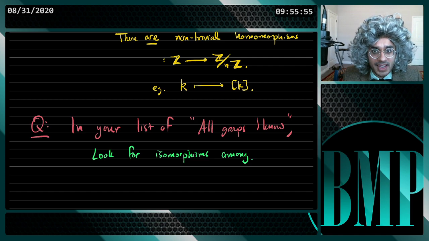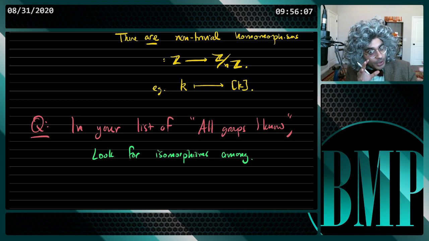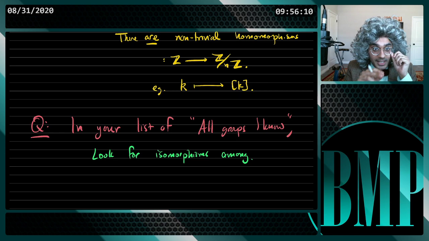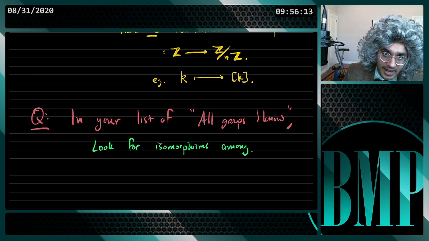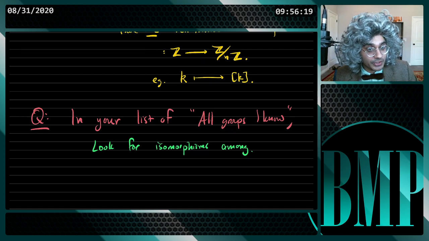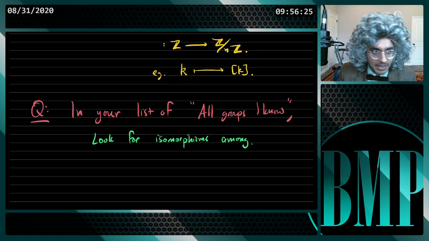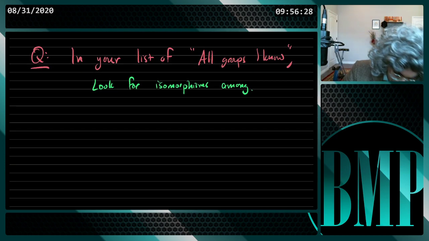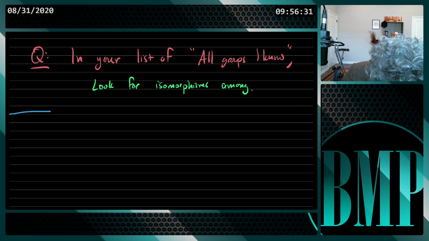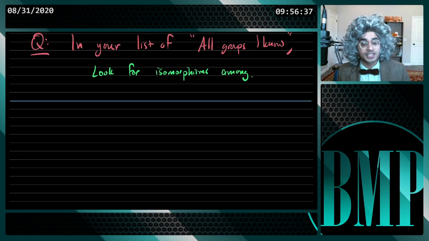Because that's what we mean when we say one group is spiritually the same as the other group, even though literally their definitions were different. Their contexts were different. They arose in different stories. But still, there was a Rosetta Stone between the two groups. So look for as many isomorphisms among your groups as you can, because that means those two examples were secretly the same example, up to isomorphism. So go and do that. It's a great exercise. We'll do lots of it once I have time, maybe after the lecture, if you have questions about that. Okay, so we move on to the next third of the lecture, which is,